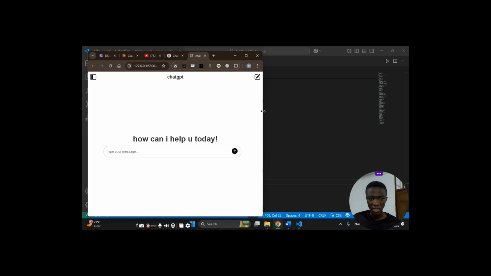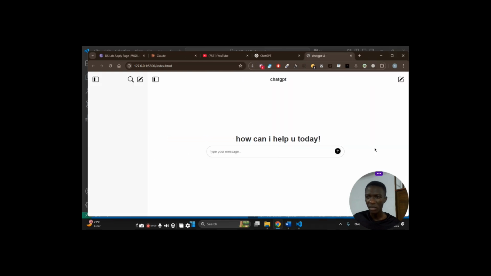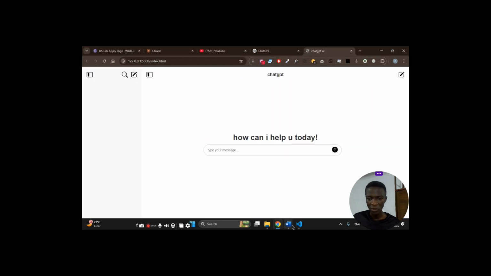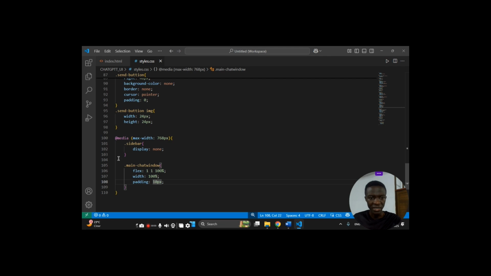As I'm going down, you see immediately when it hits... okay, let me just go back to the code. Let me explain what it means. This is the syntax of what we call a media query. This max-width is where I'm specifying the max width. That means when it gets to the viewport of 768, which I think is for mobile screens, so when it gets to this width,